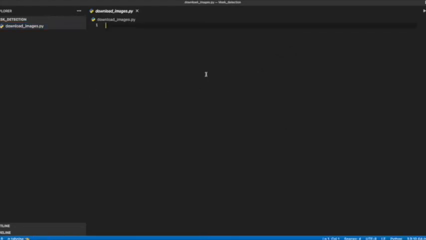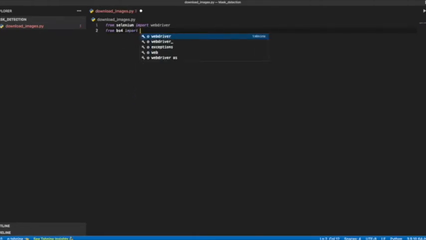So here what we are going to do is download the images, whatever query the user is entering or we are entering, using scraping, that is web scraping. So for that I import a driver, that is Selenium. So from Selenium I'll import WebDriver and from BS4. Now what is BS4? BS4 is Beautiful Soup 4, and I'll import Beautiful Soup,